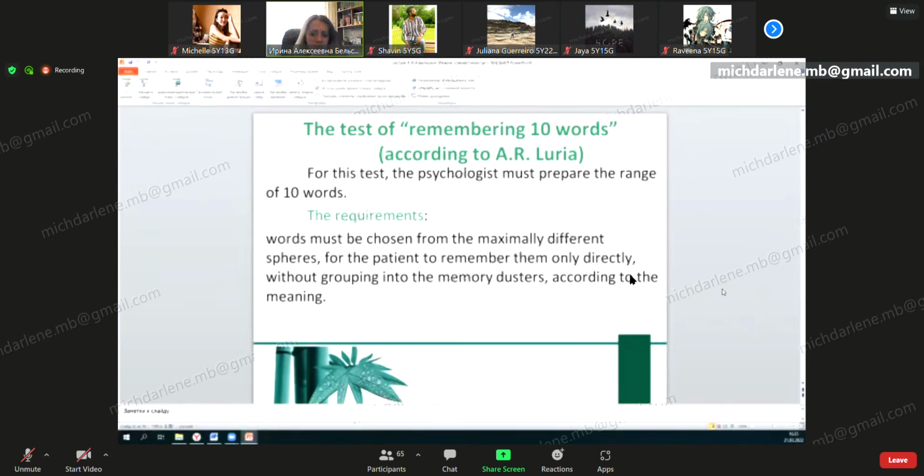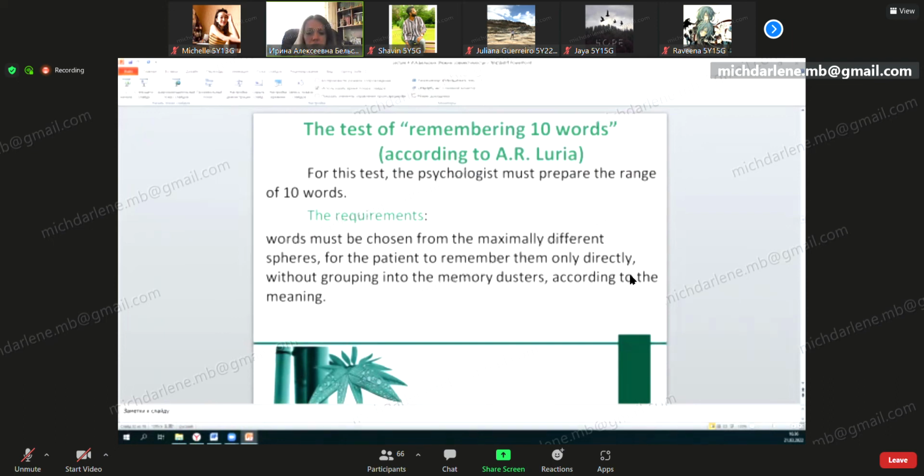For another thing, it must be easy for the patient, if his mental processes are not highly stable, to slide out of the range of correct words according to some habitual associations. For example, window, door, brother, sister, water, fire, and so on. So, the 10 words test. During the time when the patient works with this test, psychologists must analyze,